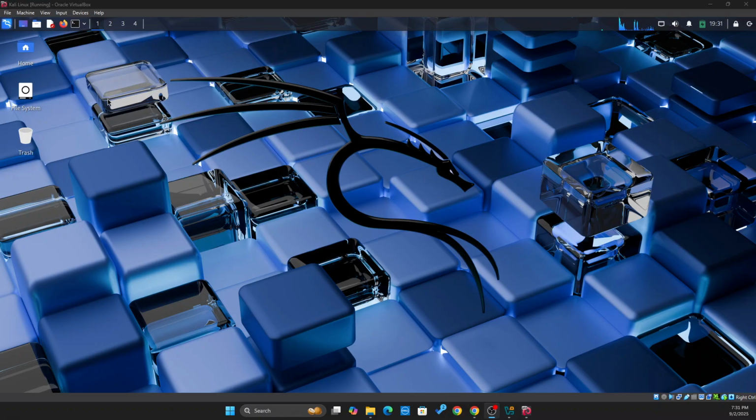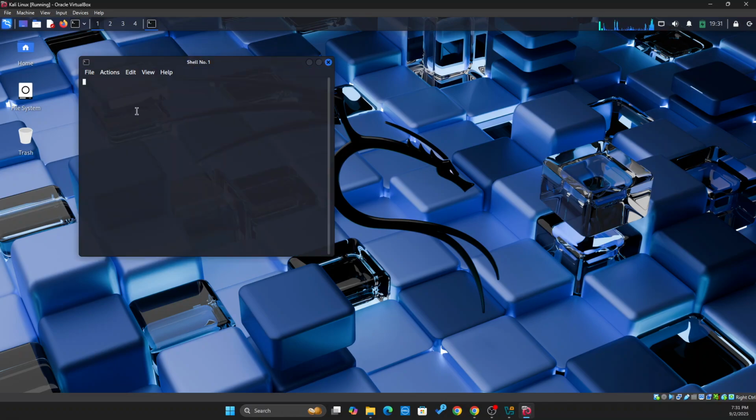So now here, in order to enable the drag and drop and clipboard copy paste shortcut options, I have to go to the terminal and run the following command, which I will be giving you in the description. You have to just copy it and paste it in the terminal. So this is the command which we have to run in the terminal. As you can see here, entering the password,